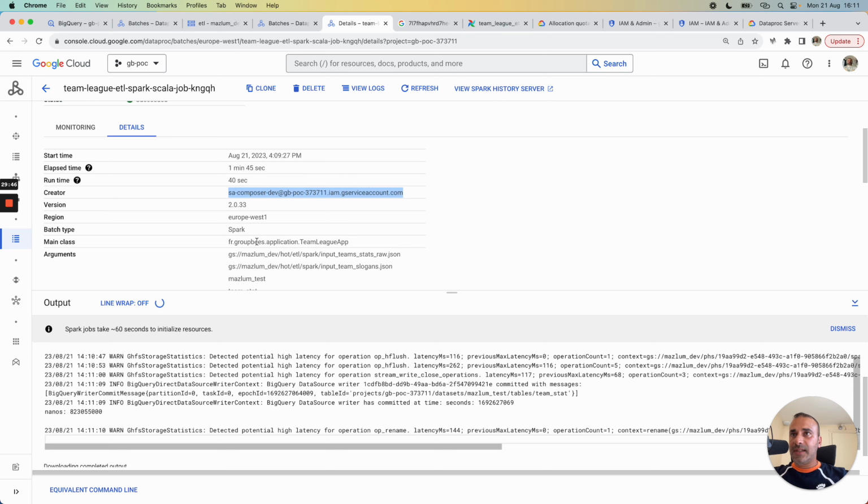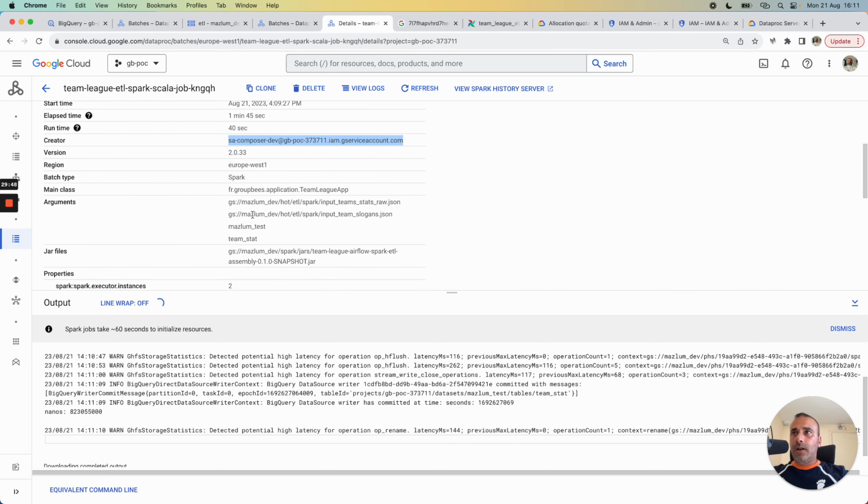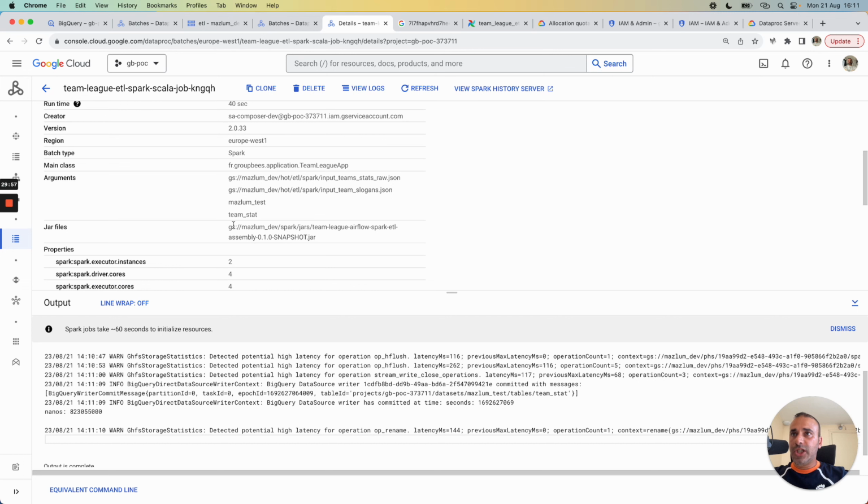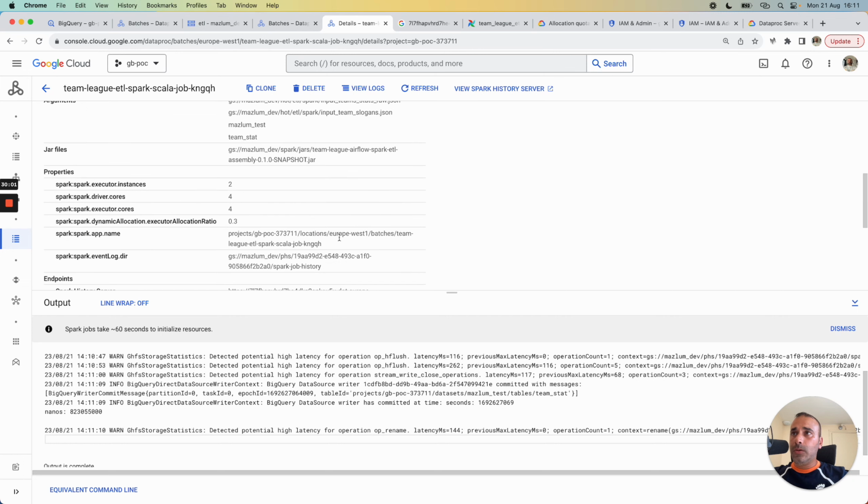We also have access to the region, the type, the main class for the Scala part, all the arguments here, the jar file, and all the properties for the Spark job, because our Spark job is serverless, and there is auto-scaling used by the job by default.